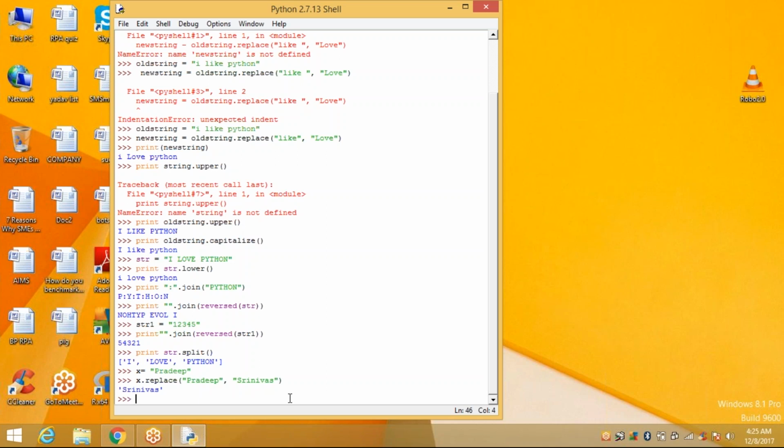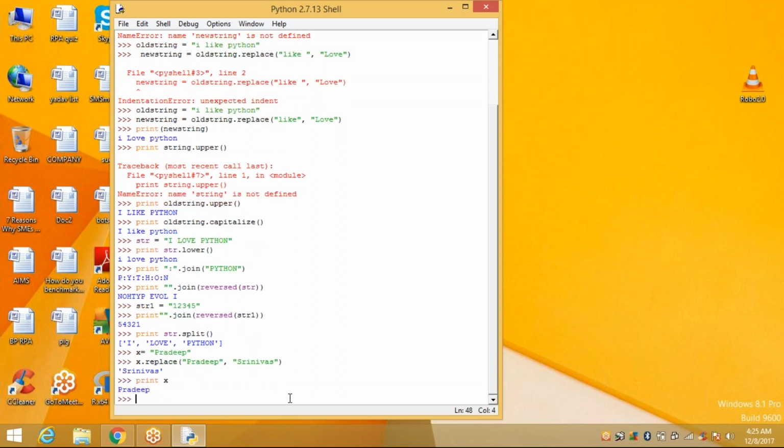So this is the way. Now I want to print X. When I apply print X, it displays Pradeep only, not Srinivas. Now I want to display Srinivas. So how to apply it? Actually, I have a string X is equal to Pradeep.